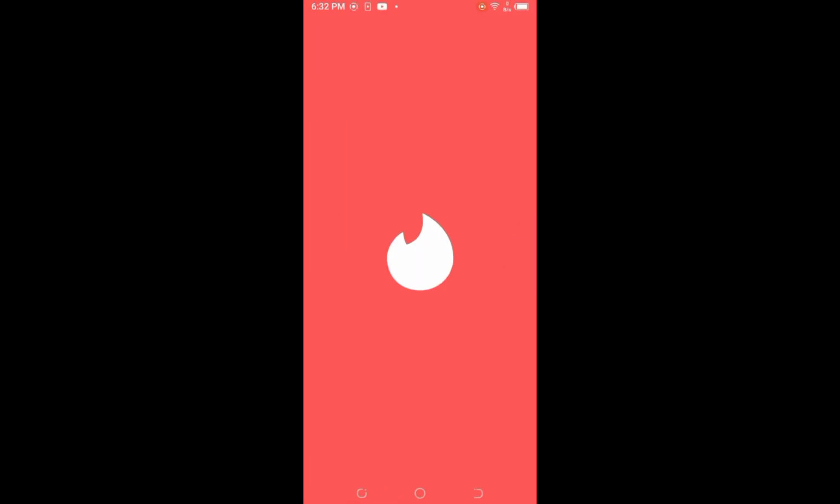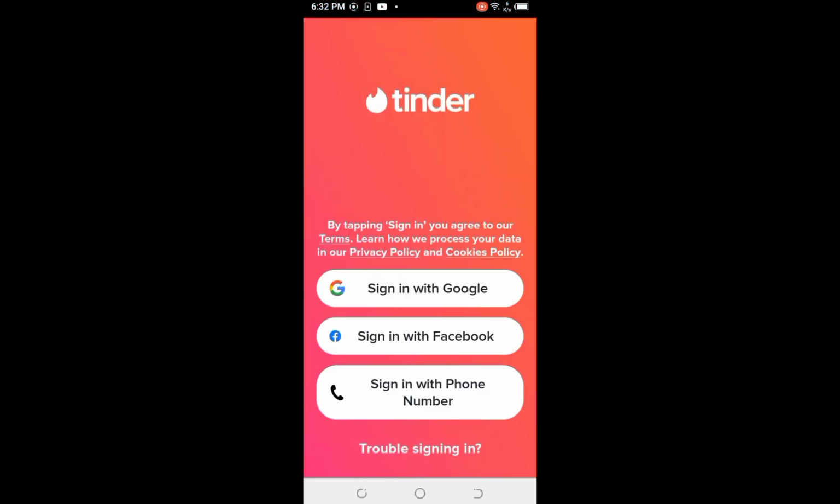When you open Tinder, you will be prompted to sign in, and here you will find three options. The first option is to sign in by using Google. They will send a verification code to your Gmail account. The second is to sign in by using Facebook. If you sign in with your Facebook, this will link your Tinder profile to your Facebook account, and this is going to allow you to import photos and your basic information. And if you sign in with your phone number, then you will enter your phone number. After this, you will receive a verification code via SMS. So you can choose the option that works for you.